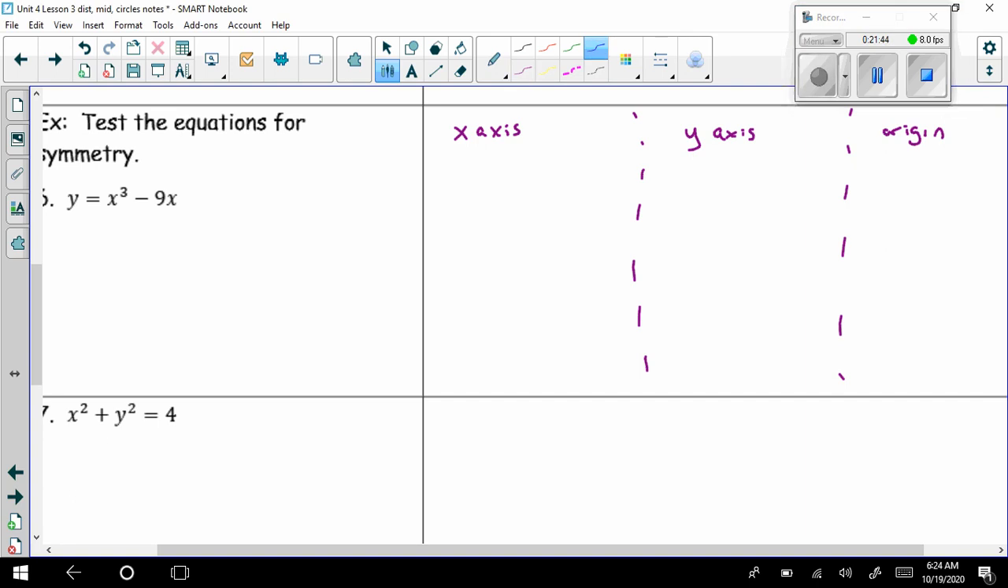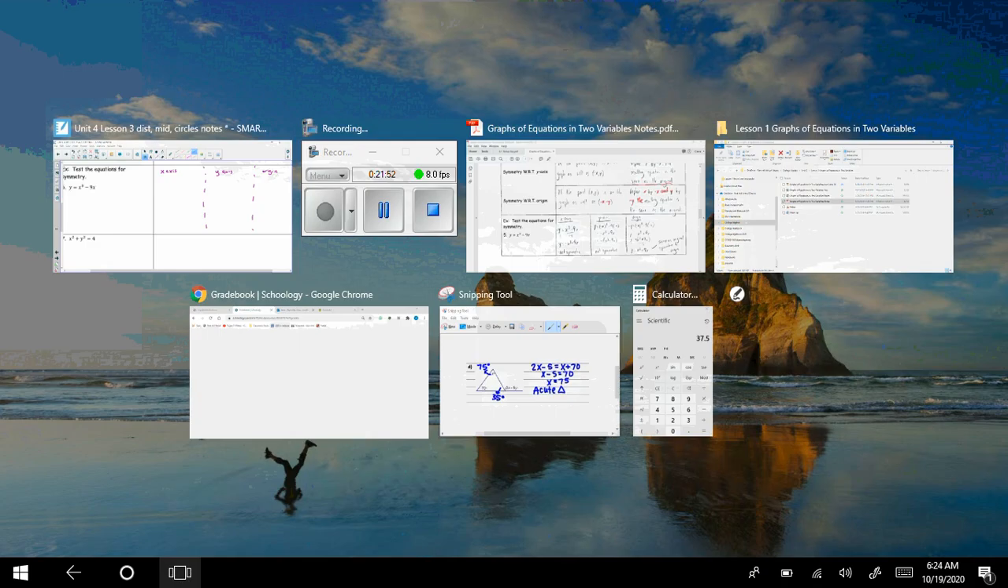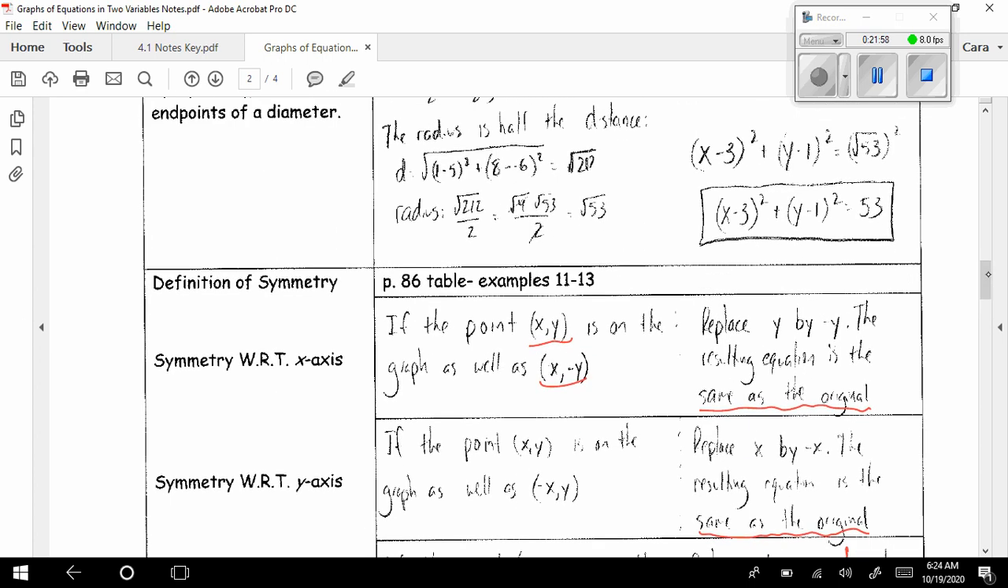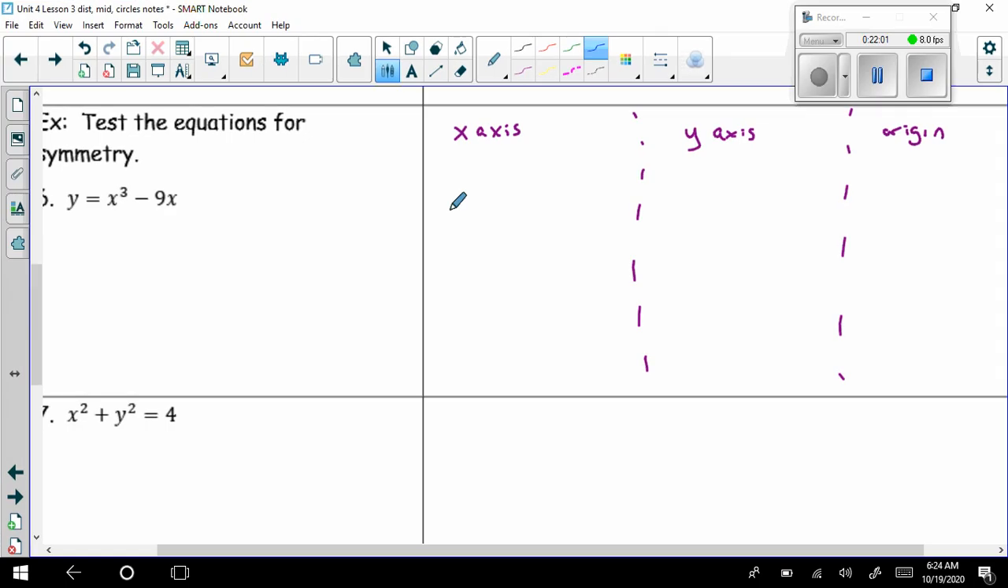Okay, so here's a chance to kind of see what I mean by this. So we're going to test this for symmetry. So the first thing we're going to do is test it for x-axis symmetry. Recall that to test it for x-axis symmetry, you're going to replace the y with a negative y. And so we have negative y is equal to x cubed minus 9x. Solving for y, here we get y equals negative x cubed plus 9x. This doesn't simplify any further, so it is not symmetric